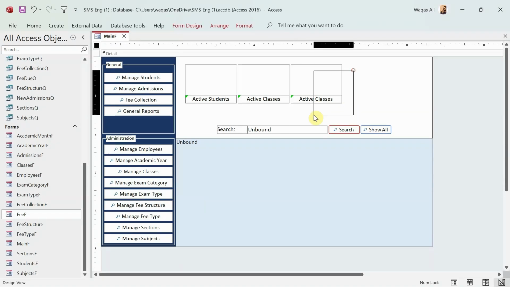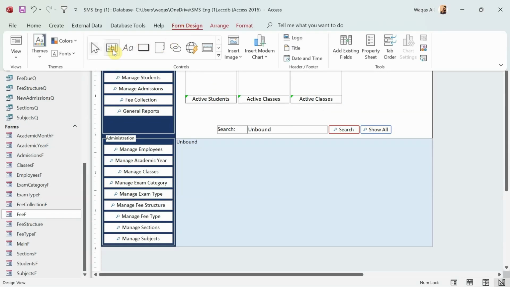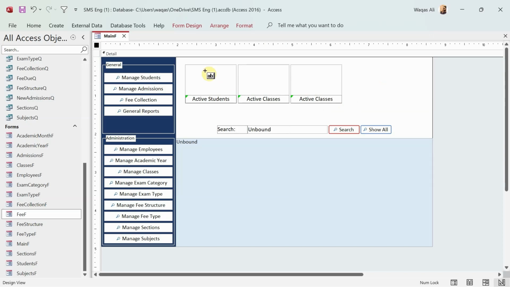Okay. We need to do one more thing before I go ahead. We need to have a text box here which will show the number. Okay, text box, or again a label. So let's say active students 120, something like that. It's a dummy number, but just